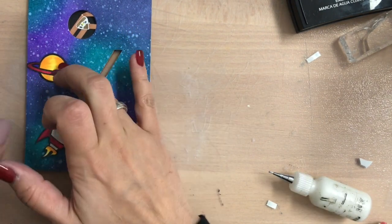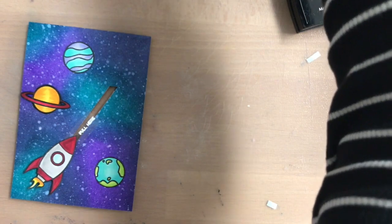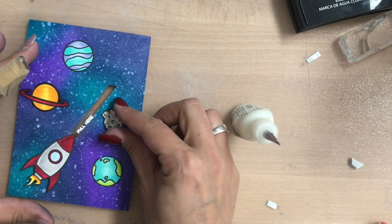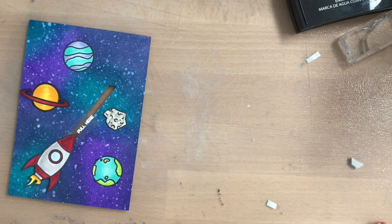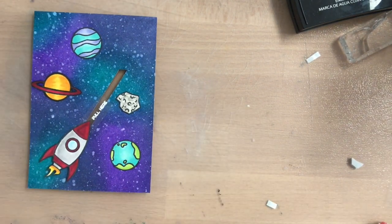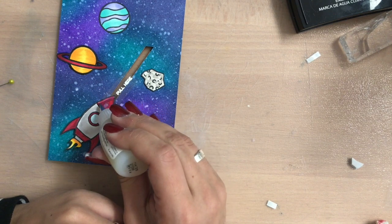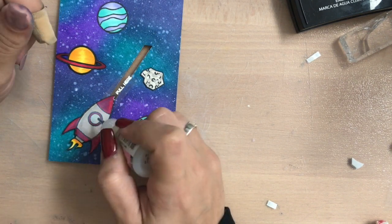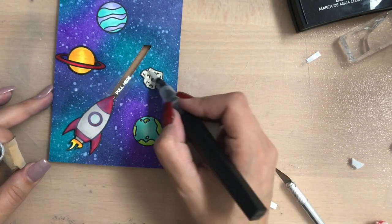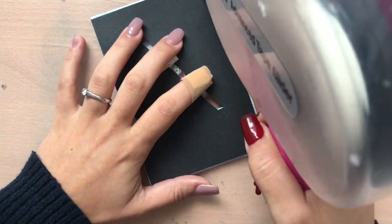a little bit tricky to glue them down, but if you use multi-medium and something squeezes out, it's totally fine. I think nobody will ever see it, and there's so much going on in this card, so in my opinion it's totally fine. And now I just wanted to put some glossy accent on top of my rocket, but I wouldn't suggest this because the rocket wrinkled a little bit and I didn't like this look, so I would prefer it without glossy accent. I used my Spectrum Noir clear overlay to give the planet some shine,